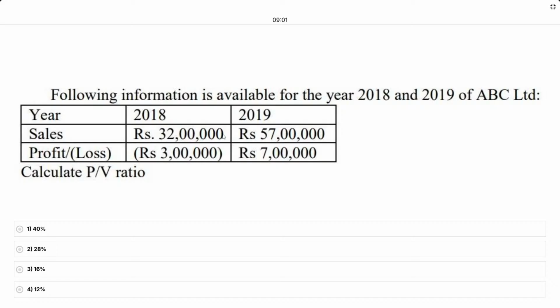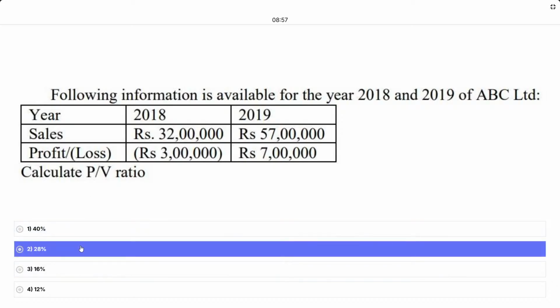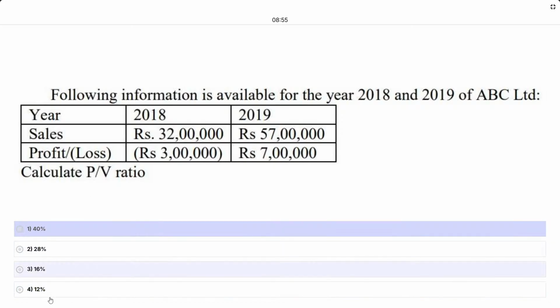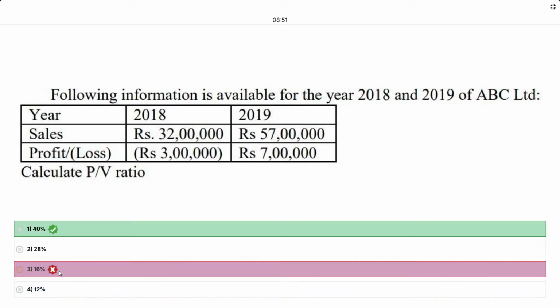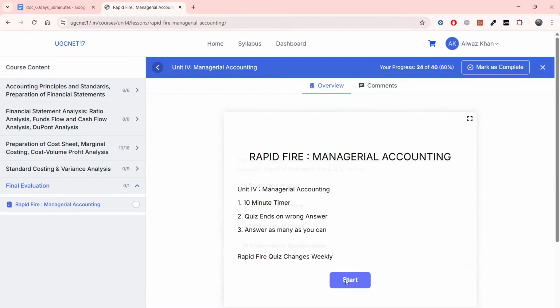ये पीवी रेशियो हमने अभी तक किया नहीं है, सो 12 छोटा 40 बड़ा, इन दोनों में से मैं कुछ मार्क नहीं करूंगा। 16 और 12 कंफ्यूजिंग को पास पास रखा है, तो मैं 16 मार्क करूंगा। आंसर 40 निकला, माय बैड। सो हमें 2 मिले हैं, विल ट्राई अगेन।